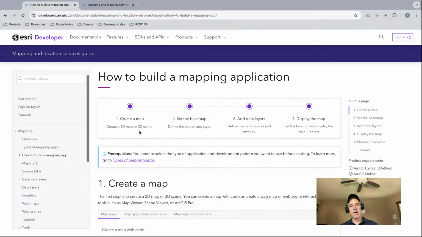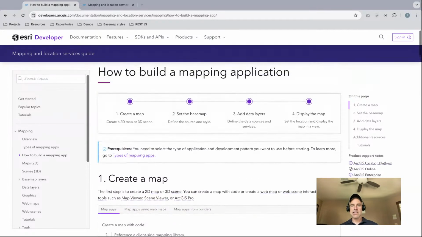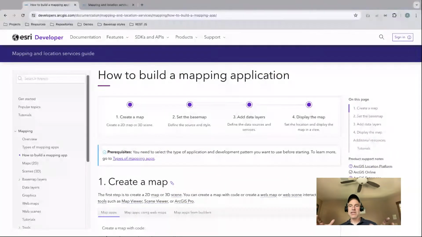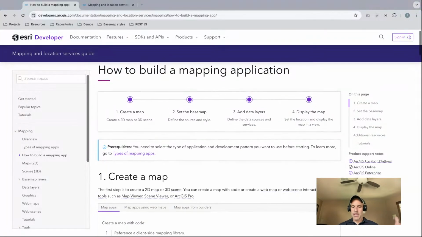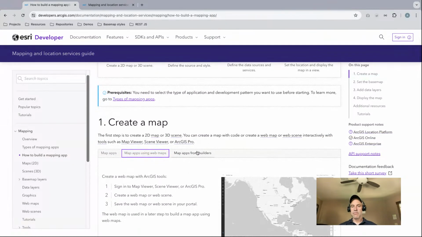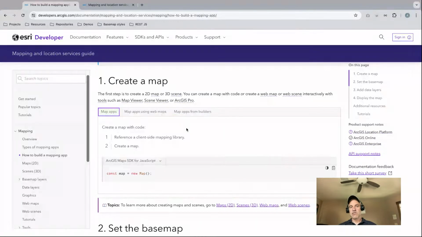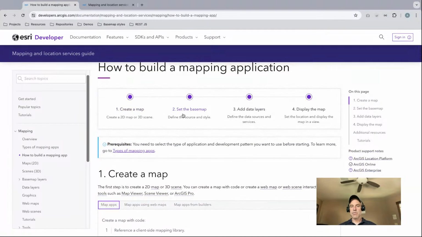They present the stepper that shows you the high level steps to get the job done. You might not find all of the source code here to do all of the work, but you're at least going to get an idea of the process for, in this particular case, building a map. Now, when you're building a mapping application, there's all kinds of different workflows. There's building a standard mapping app, a custom mapping app, using a web map, and then building an app from builders. So you're going to see different sets of instructions underneath each one, but at least this breaks down the